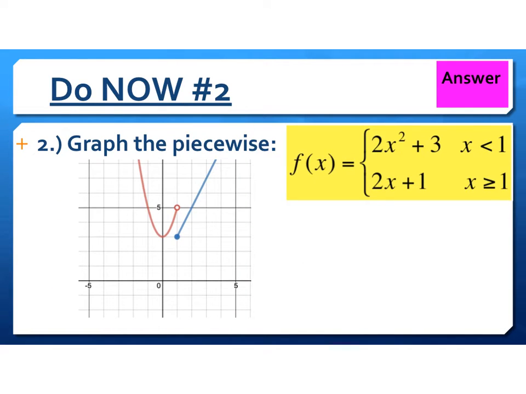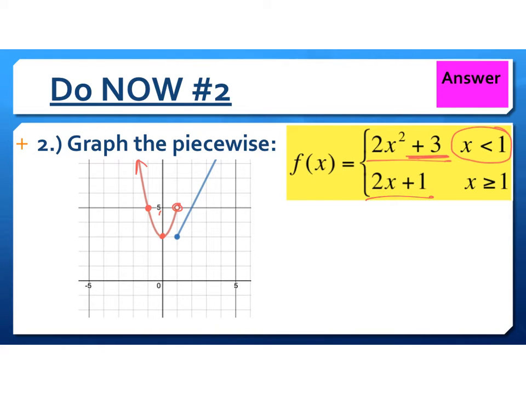When we graph the piecewise, we look first and see that I have a quadratic and a line, so just keep that in mind. I'm going to look at my restriction, and I'm only going to use my quadratic when it's less than 1. So think about graphing that first. This is a quadratic that has the plus 3, so it's shifted up 3. It's vertically stretched by 2, so I can use my step pattern to go up 2 and to the right 1, and up 2 and to the left 1 because of symmetry. And I'm only using it when x is less than 1, so it gets an open circle,